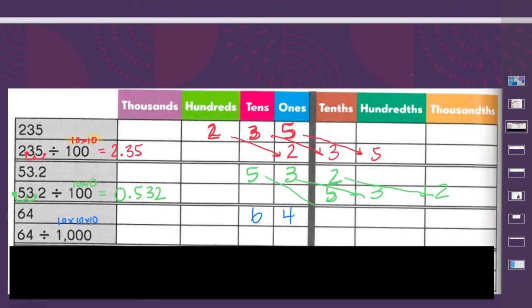So 1, 2, 3. Our 6 will move to the hundredths place. Our 4, 1, 2, 3, moves to the thousandths place. We have no tenths, so it would be